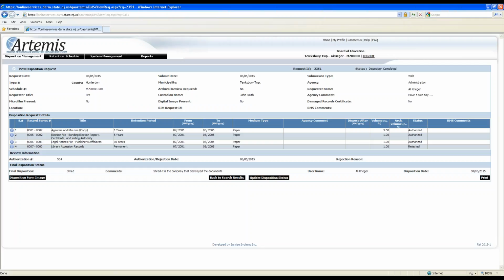It's now what we call a final, it's in its final status, disposition status. But until you complete that disposition status, or on the 4-part form, you fill out the bottom right-hand section 17 and submit that final copy back to the state, it's not complete. Okay, so again, we're done. I've completed that request. I can go back out to my search results, right? I should only have one item left in the list.